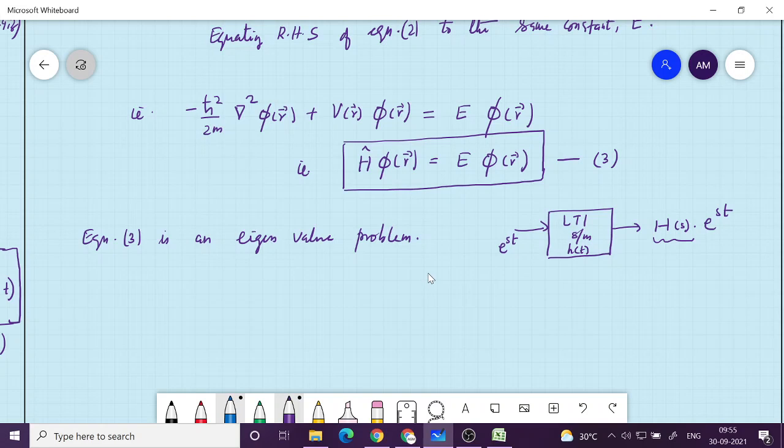So this is basically an eigenvalue problem. So what is an eigenvalue problem? When you have an operator acting on a function, if the resulting function after operating is of the same form, then it is the same form multiplied by some number. Okay, so let me just give you another example. So this is one example, example 1, let me give you another example, example 2.